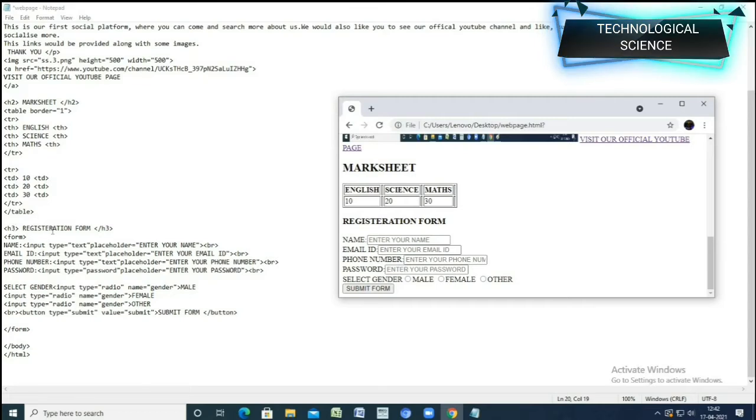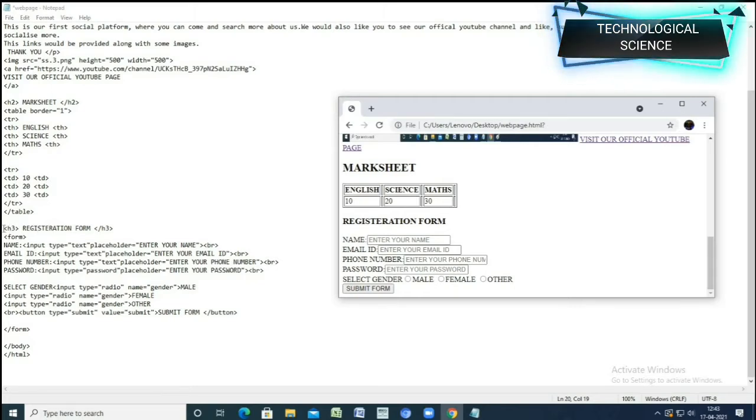Okay, so now we would have a look at the registration form. So now you will learn how you can create a registration form in your HTML. So here you have to pay very close attention, and here the things get a little complex, but it's very easy. Okay, so it's my heading 3, that is registration form. As you can see here, it's written registration form. So I'm not marking it with a blue mark in my video, because if I mark over here, this hole will disappear, so I have to take it again. So I hope that you're understanding what I mean to say in this video.